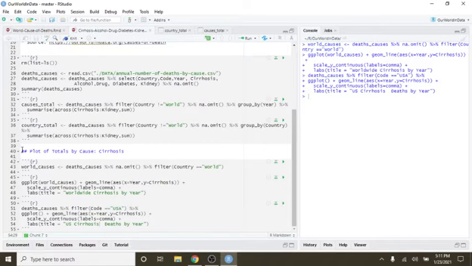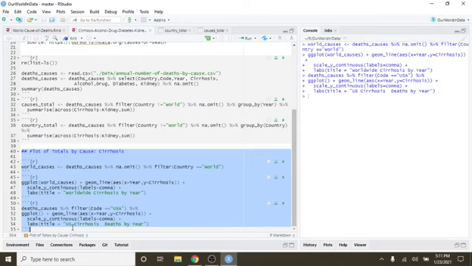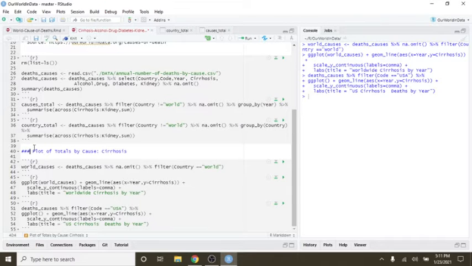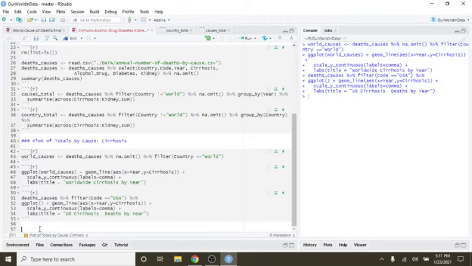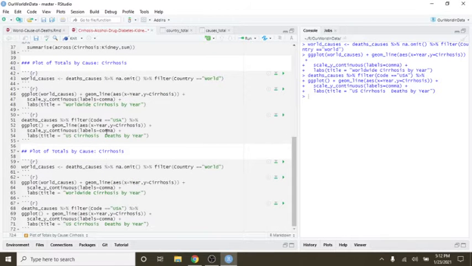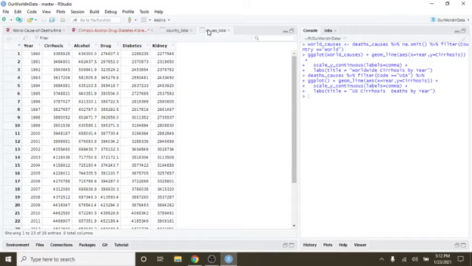Let's take this then. Now, to be honest, I'm doing this the long way, okay? I'm doing this the long way. We should be able to take initial data, causes total, country total, say, and put this down as a